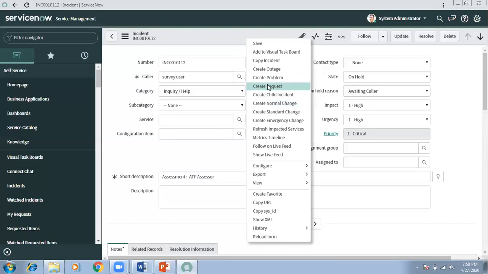If the end user selects priority high, you can give the message to the user: you are not allowed to submit a priority one incident, you need to contact the service desk, and you stop the submission. So basically, on submit is mainly used where you want to restrict the submission of the form based on certain conditions.